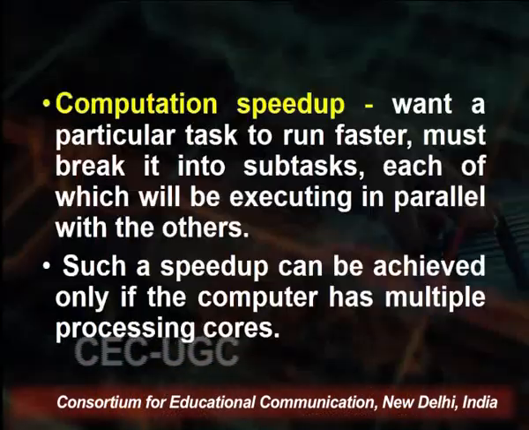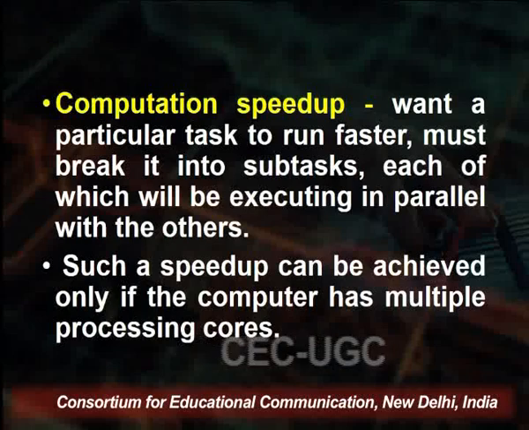These global variables are data required by all the subtasks. The reason for dividing the problem into subtasks is that we want to speed up the computation. This speed up can be achieved if the computer has multiple processing cores, and